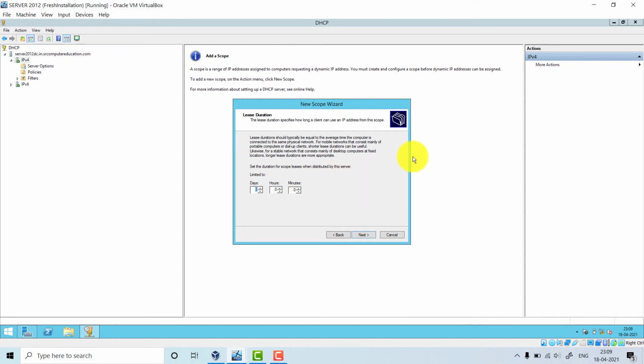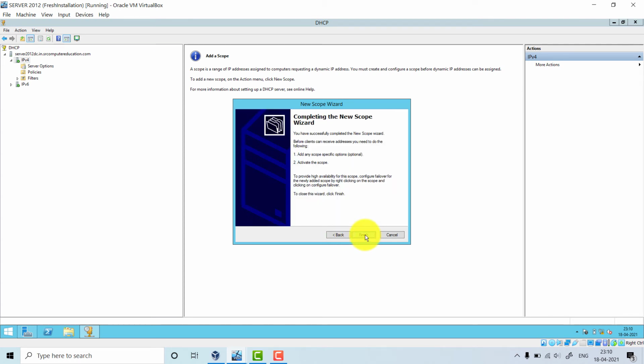Fine. So by default, the server is giving IP for 8 days. You can change it. This is a good question to be asked in some interview and your viva also. What is a lease? The default lease given by the DHCP server. So for 8 days, they will give you this IP. When you go to some restaurants or airports, they will not give you for 8 days. They will give you for only 8 hours or 2 hours. So here we are getting 8 days. Click on next. It is asking whether you want to configure the options. Right now, no, I will configure the options later on. Click next and click finish.